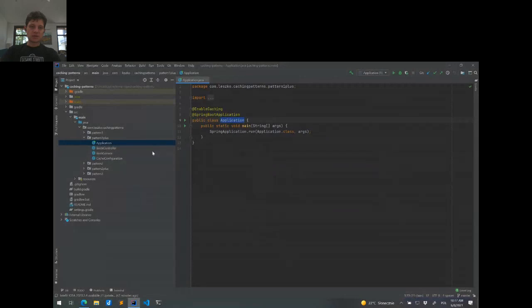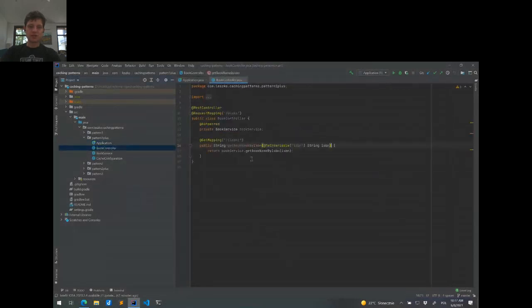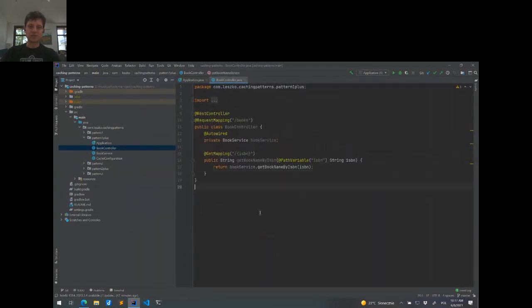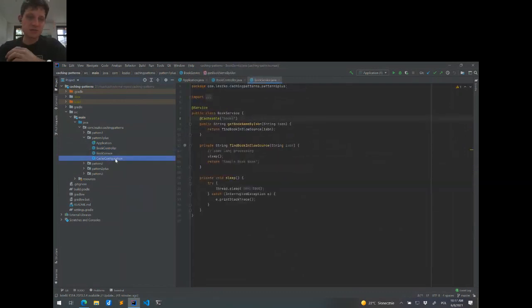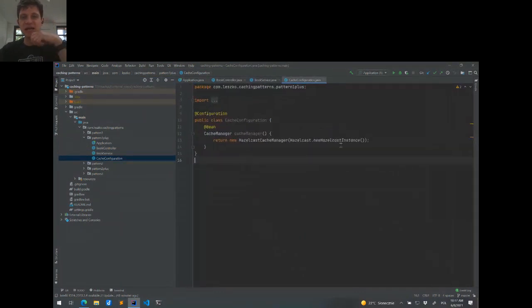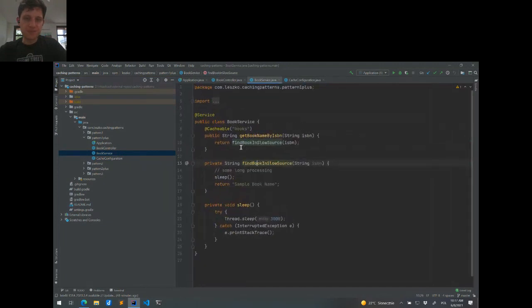So in IntelliJ, you can see it's just the simplest Spring Boot application you can imagine. There's a controller, there is a service, there is our cache configuration, which is exactly what we've seen on the slide, and there is our service with a method which is cached, and to simulate the long processing, we just put a sleep. So if I start this application,